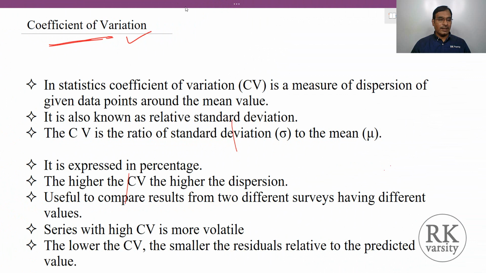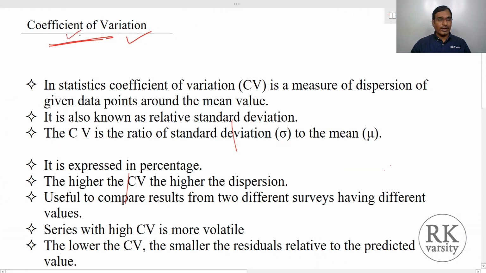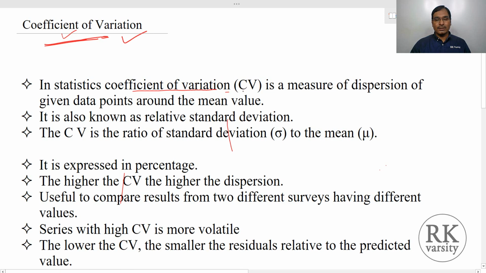First, let me introduce the concept of a coefficient of variation to you. In statistics, the coefficient of variation, denoted as CV, is a measure of dispersion. Dispersion is the deviation of given data points around the mean value. Let us say you have a mean value here and your data spread somewhere here. So your coefficient of variation measures this dispersion, in the sense of how scattered the individual data points are from the mean